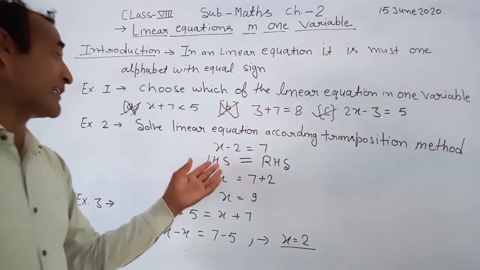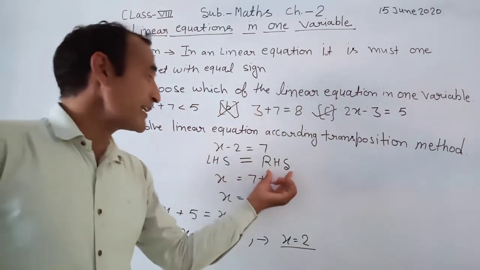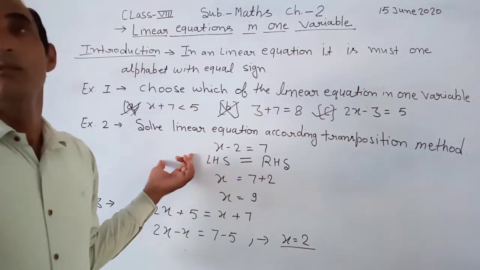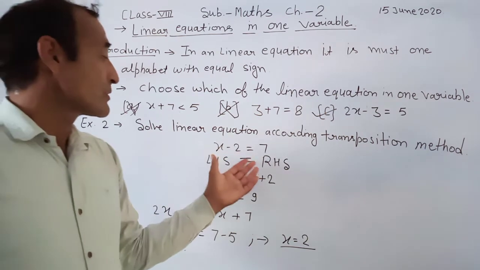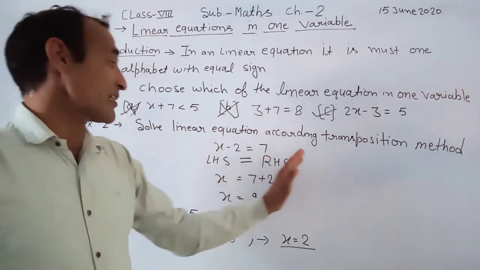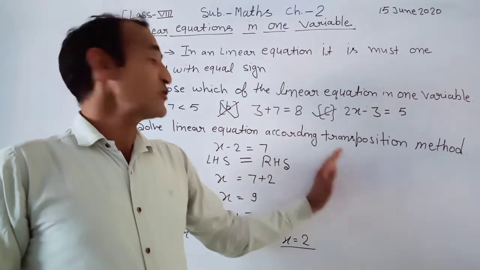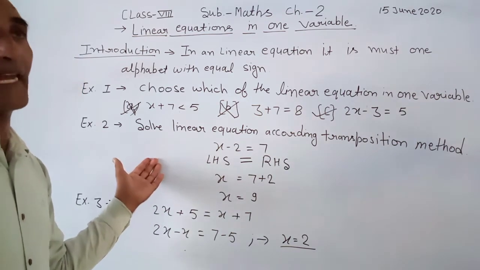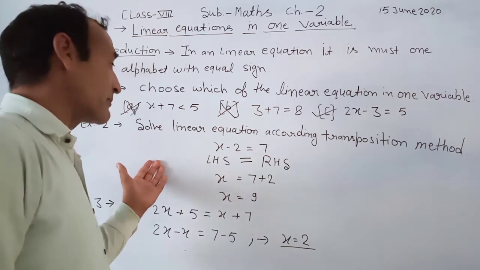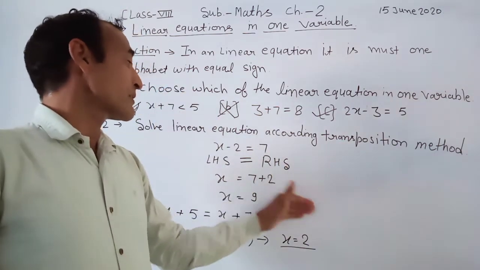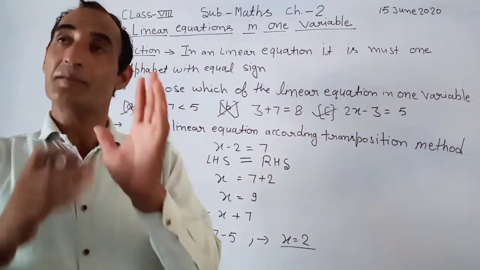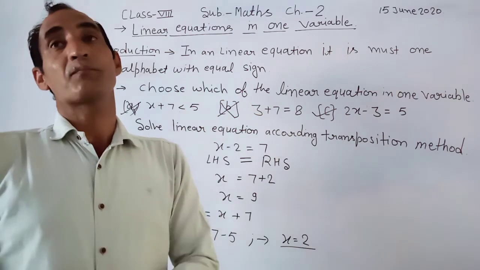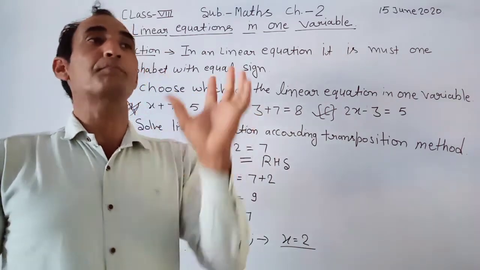Every time we put alphabets on the LHS and numbers on the RHS. But here minus 2 is on the left hand side. So every time, alphabets on the right hand side are transposed to the left hand side, and numbers on the LHS of an equation are transposed to the RHS. We transpose the digit or alphabet, but listen carefully, it is very important.